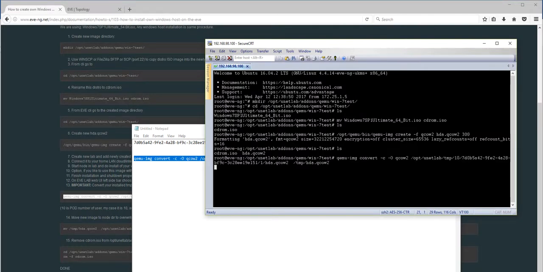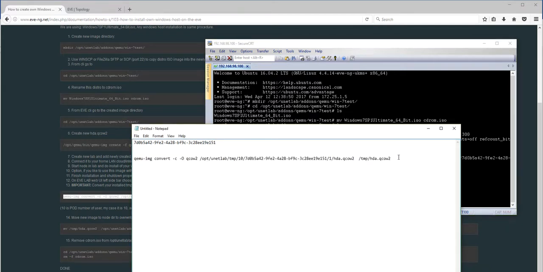So Control C now, and going to the CLI, and I'm saying that I would like to convert, and enter. The convert process starts. It is a big image, and it will take 10, 15, maybe even more minutes. It depends on what you have installed on your Windows machine.